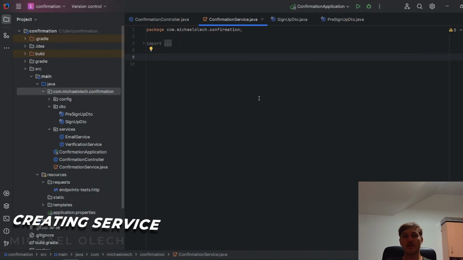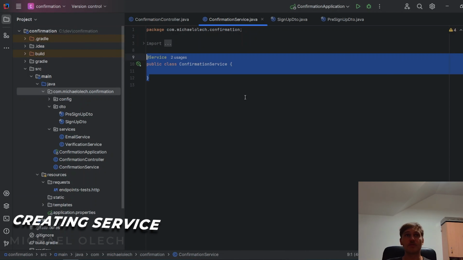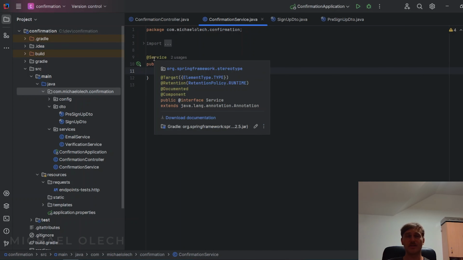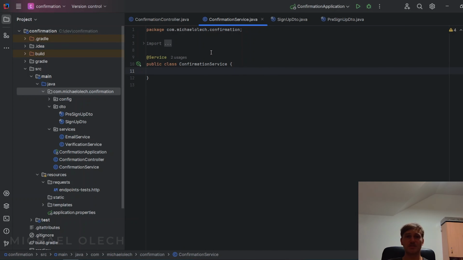To define our service, we have to create a class with the Service annotation. Actually, those annotations don't really matter, it's just the signature. So we know that that's the purpose of it, it's a service. Nevertheless, let's begin with creating our injection. So to this service, we have to